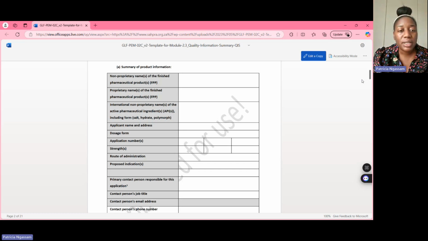Then you need to write the, oh, I skipped the strengths. Did I not say strengths? The proposed indications. So again, if it has multiple indications, write them all, or if you just want to use one of the indications. But remember, whatever you write on here is going to be what they use to check your substantiation of claim